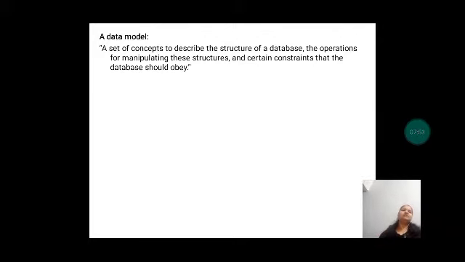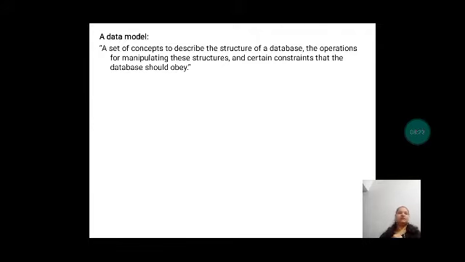See, look into the definition. It is nothing but a set of concepts to describe the structure of the database and even the operations for manipulating these structures and certain constraints that a database should obey. Now, what is meant by this? Set of concepts: different types of concepts that come under the database system. The data model will include that.